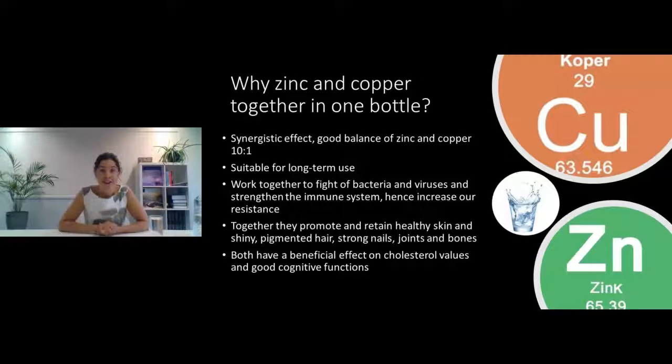So why are they together in one bottle? Because of the synergistic effect. It's a good balance of copper, because the ratio should be 10 to 1, zinc to copper. So we need 10 times as much zinc as we do copper. It's important for long-term use, because if you would take zinc long-term without copper, you would get a copper deficiency because they work together, and they also make use of the same